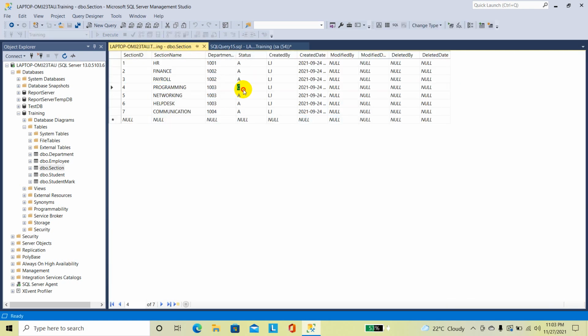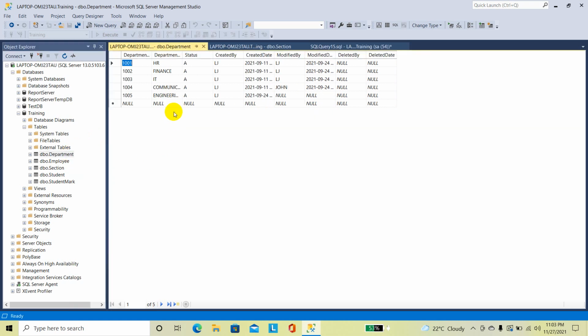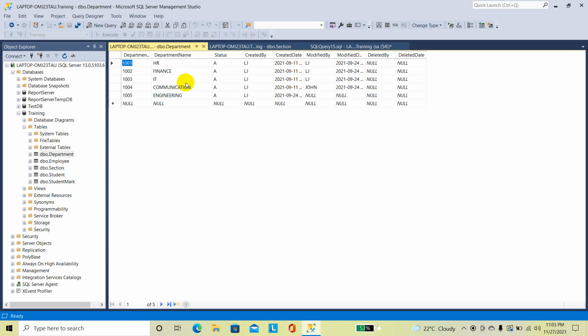Next, I'm going to change the status of programming into active. Next, I'm going to select the department and I'm going to change the IT department status into cancelled.